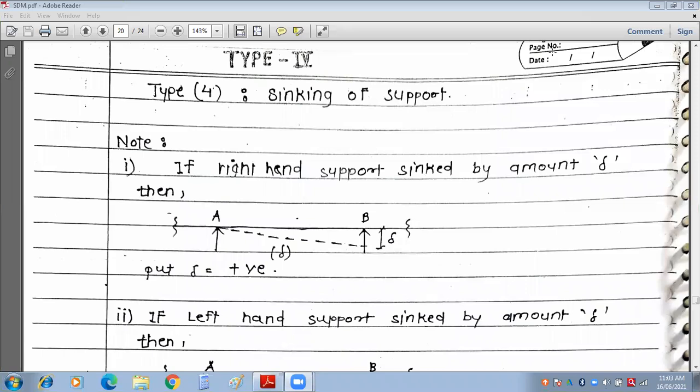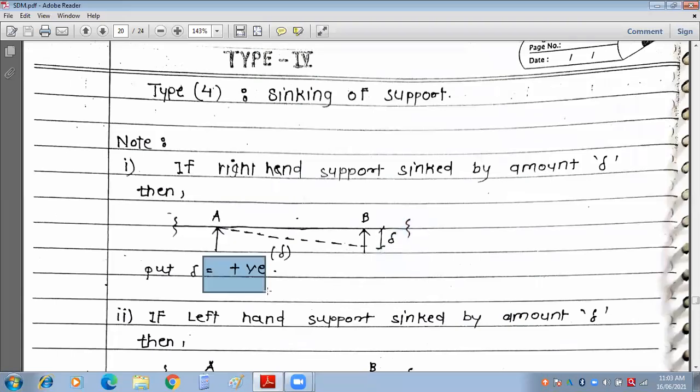Okay, let us discuss the type 4 problem, the sinking of support type of problem. Let us consider this span AB. Under this span AB, let us consider that support B sinks down by delta amount. In this condition, if the right hand support sinks down by delta amount, then we are treating this value